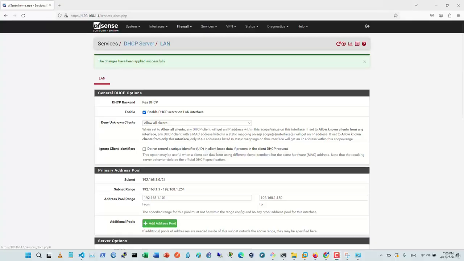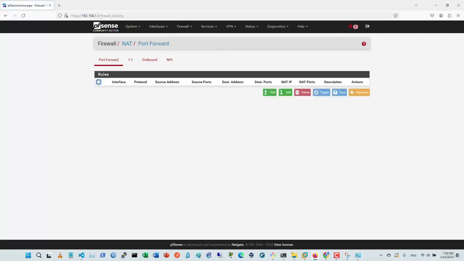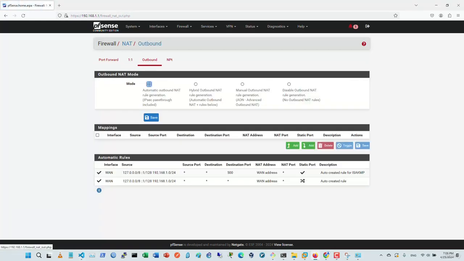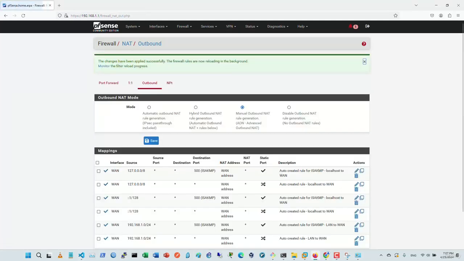And from here, in the Firewall menu, as you can see here, NAT configuration. And from here, we have no configuration for port forwarding. Obviously, we can have port forwarding to publish services on the internet and like that. But first of all, outbound configuration, as you can see here, automatic outbound NAT configuration we have by default. Okay, and if you change it to manual configuration and save it and apply it from here, you will see